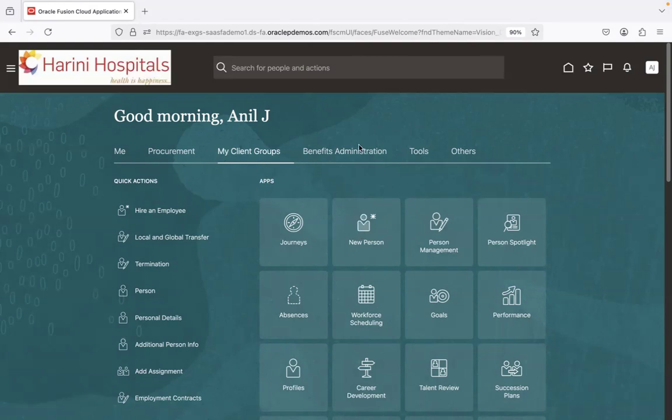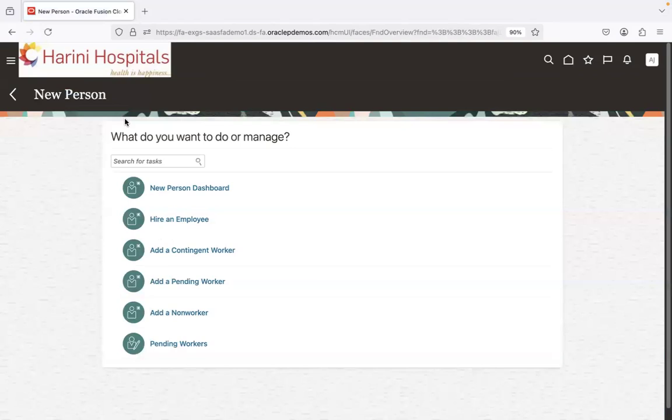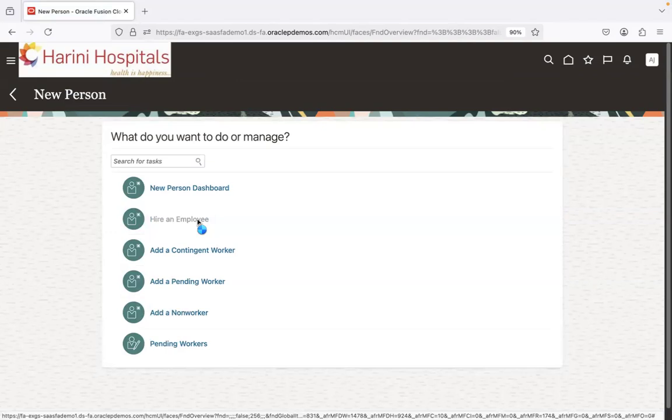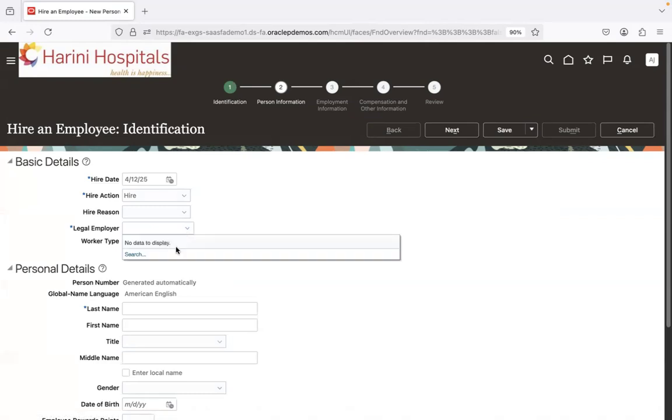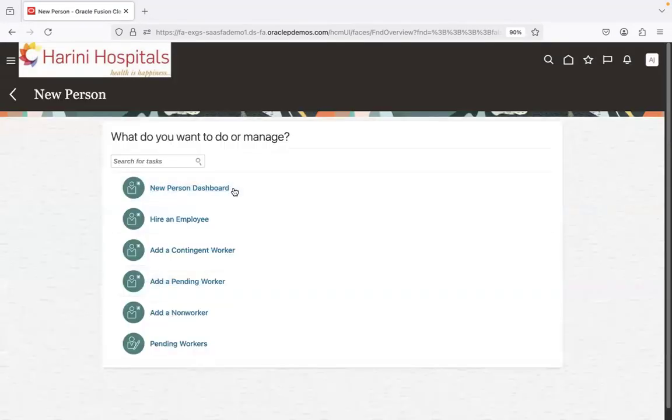When he tries to hire a new employee and picks the legal employer, he's not able to see anything here. So what does it mean? It clearly means that giving access to screens to the user